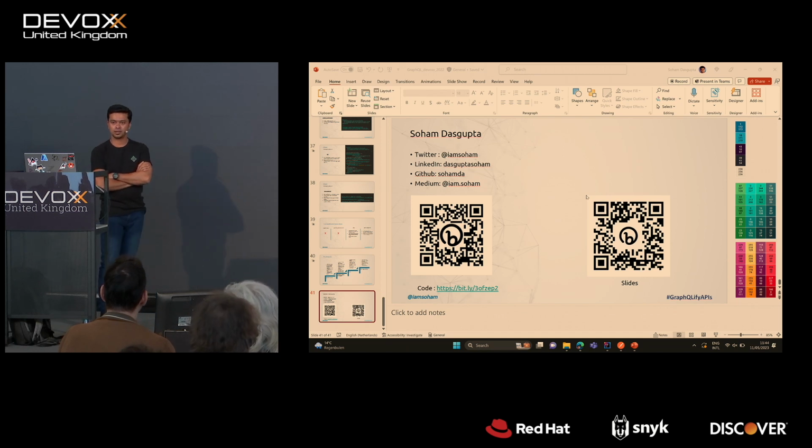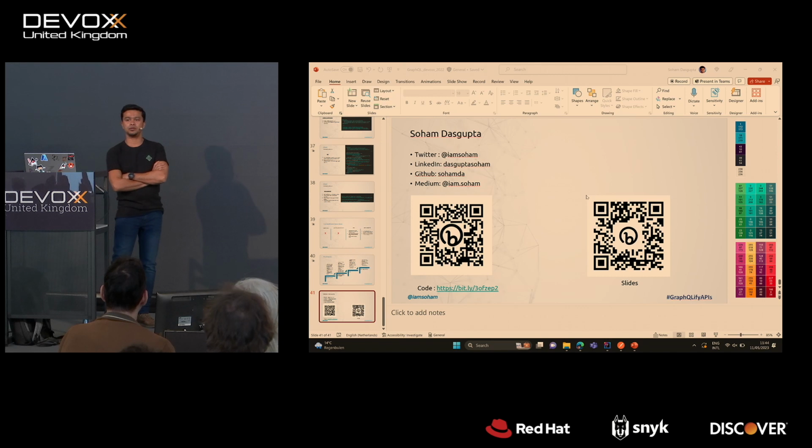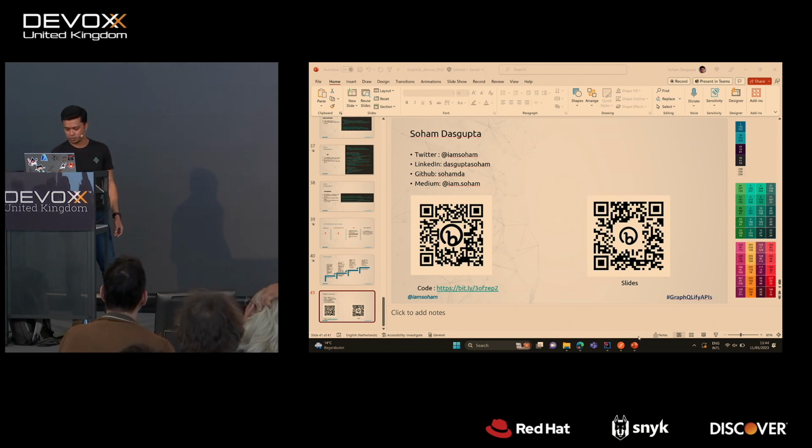My question was on pagination. You mentioned pagination was a problem, but if you've got a lot of data to return, are there ways around that? There are ways around it. You define your schema that way. So let's say, for example,